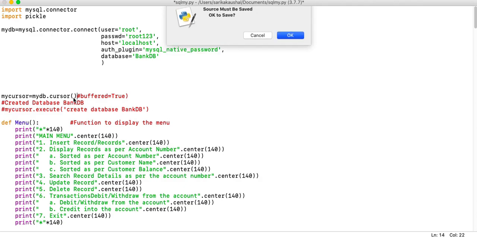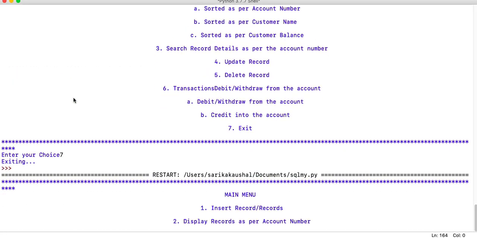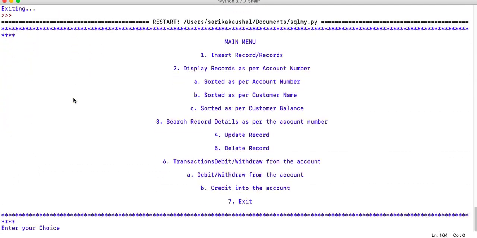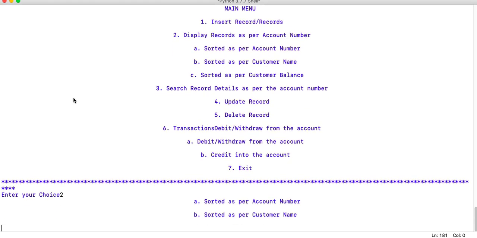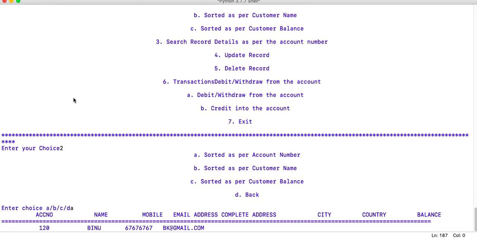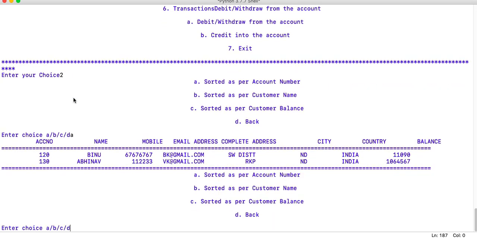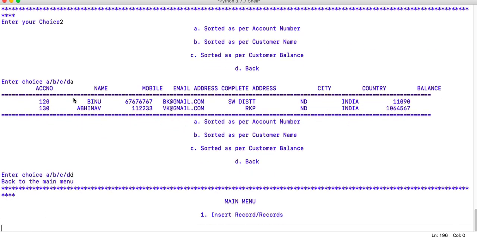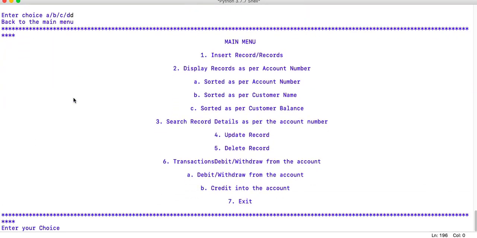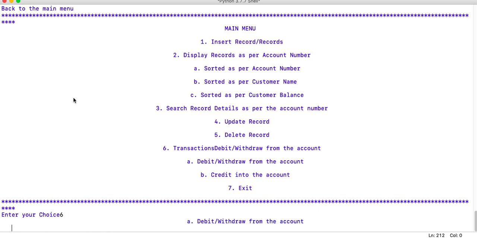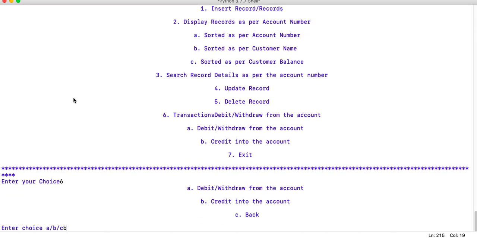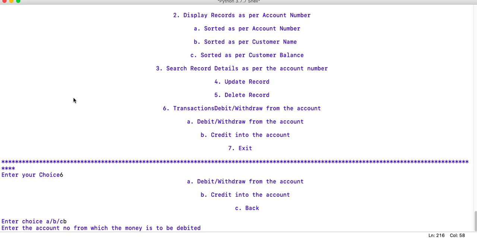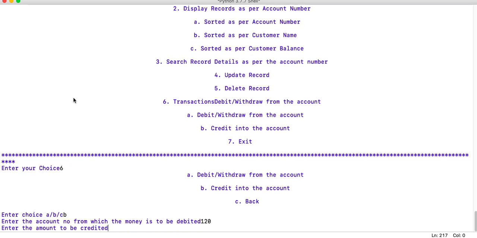If I execute my program and I have the menu, I am first of all accessing my first SQL query. I'm able to see everything. Now here I would like to make some transaction. I'm going to option number 6. I would like to credit some amount, and the account number is 120.